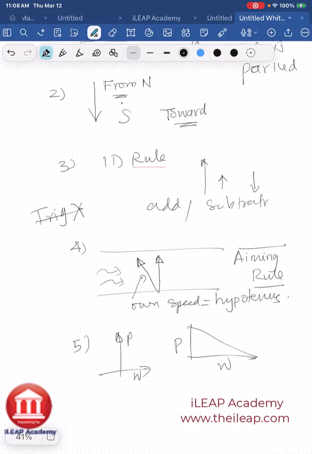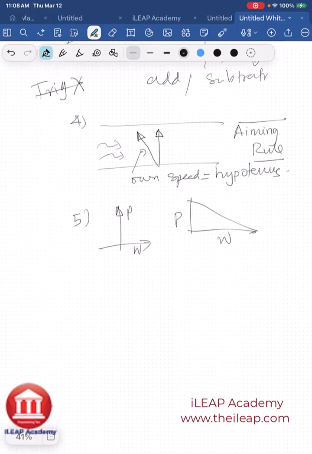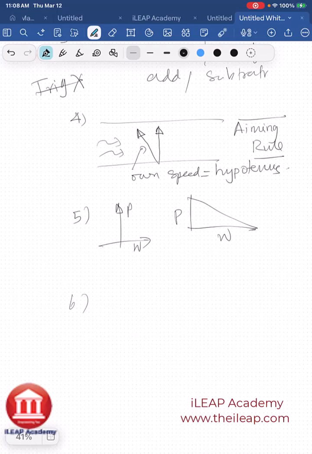Okay, another very important tip is the vector subtraction trick. Okay, so addition is exactly adding, subtraction is actually the same as addition but in the opposite direction. Vector is always with direction. Okay,